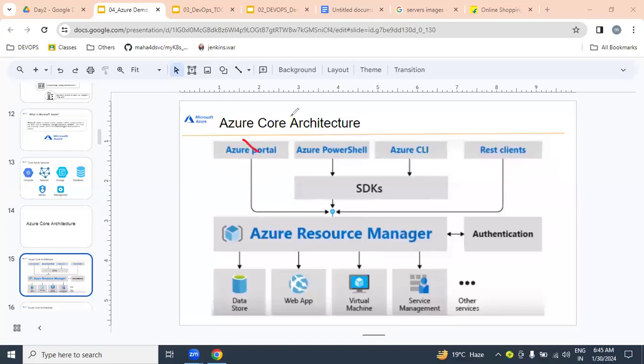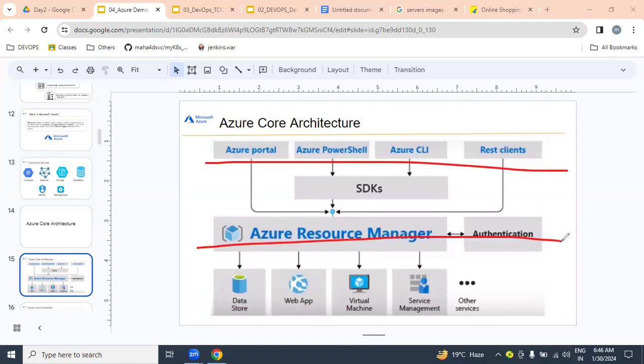So four ways: portal, PowerShell, CLI, REST client. We interact with Azure by authentication, then create our resources. Totally there are three layers: the front end layer, the authentication layer, and the back end service layer.